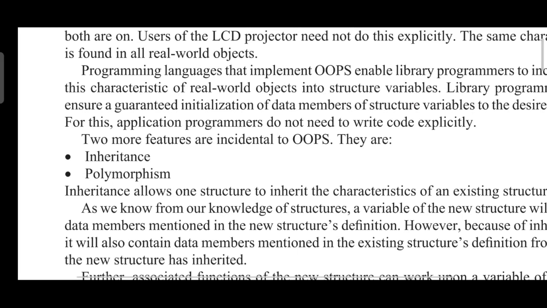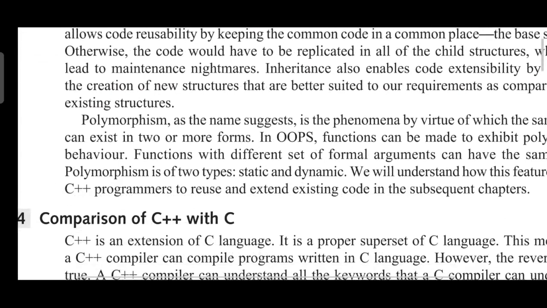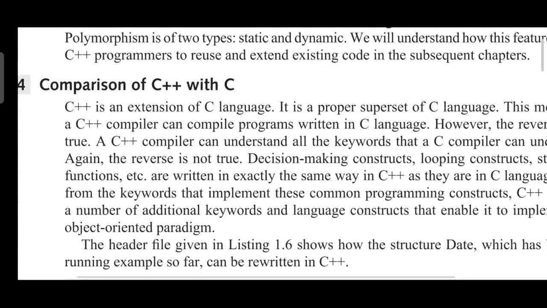How to achieve these features we'll be discussing in detail, right from the first feature, that is abstraction and encapsulation, followed by inheritance as well as polymorphism. But please keep these three things in mind. These are called the basic building blocks of object oriented programming. Please keep this in mind. Okay, you can go through the theory part. Whatever I told just now, the same thing they have explained. Okay,